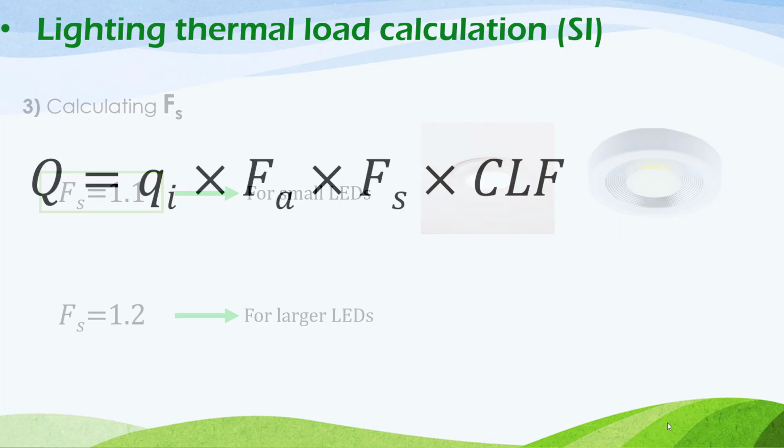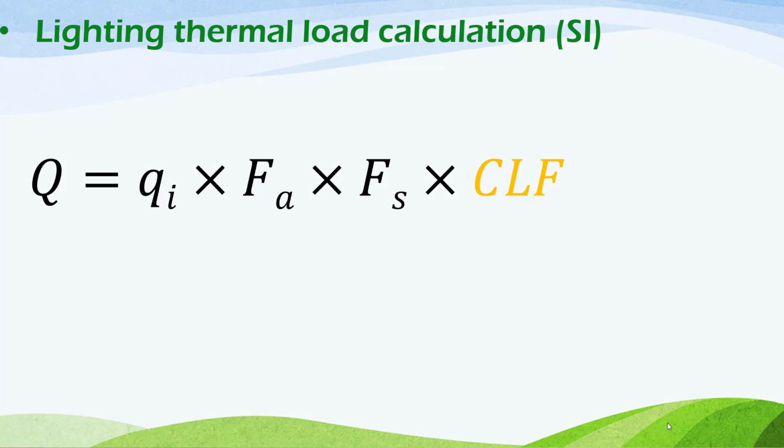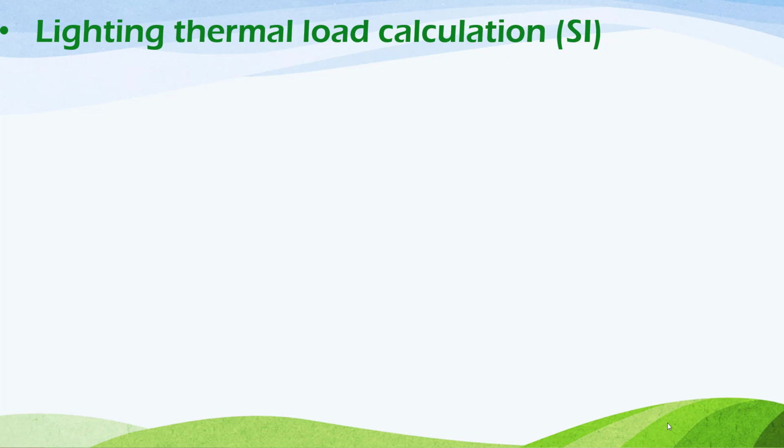Very good. Now the final factor we have is the cooling load factor. And this factor specifies the number of hours that the lamps will work in the day, and this depends mainly on the nature of the place that we are working on. For example, if we are talking about a hospital reception, in that case the luminaires will be supposed to work all the day, as the hospital is ready anytime for the emergency cases, and for this reason we set this value to be 1. While in our case for the office, we suppose that the lamps will work for the working hours only, about 10 hours only,